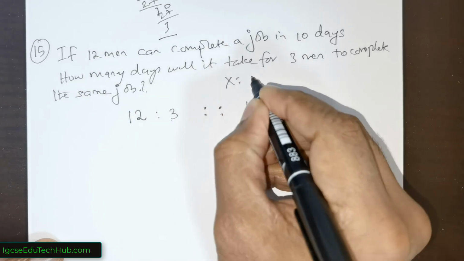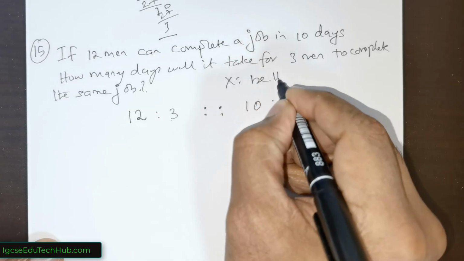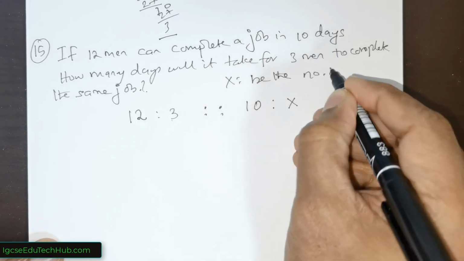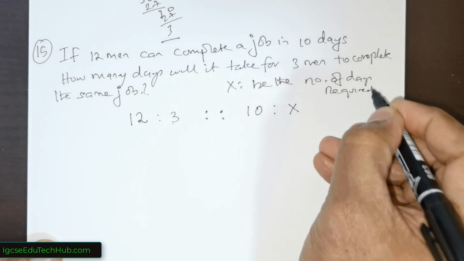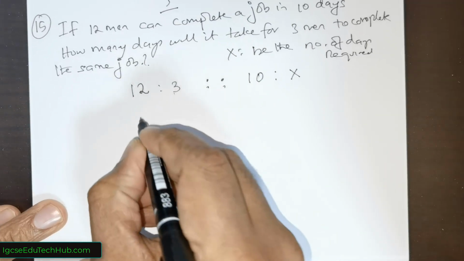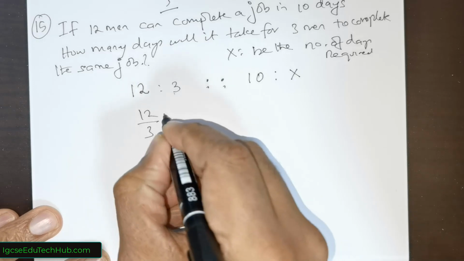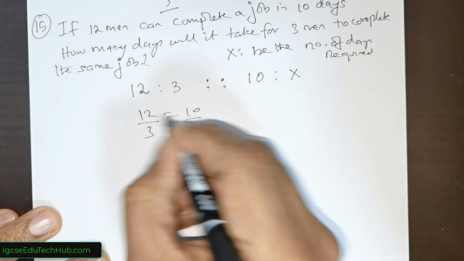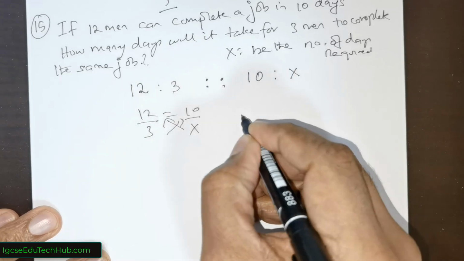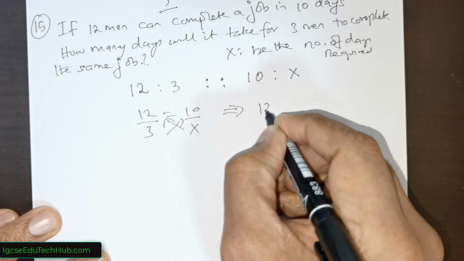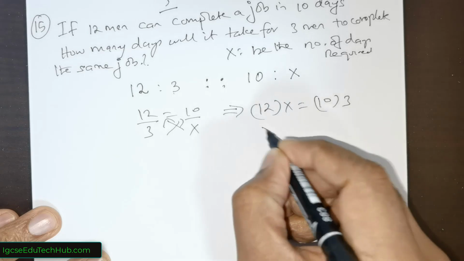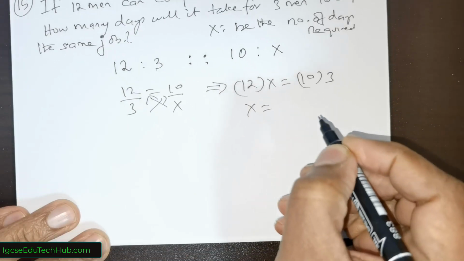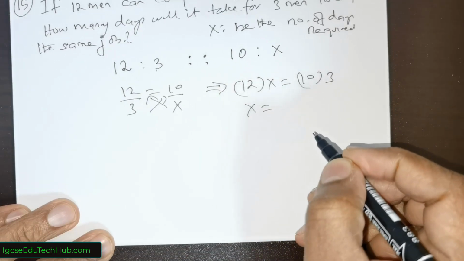So in this case, we are going to say X be the number of days required. So I'm going to set up the equation. It's going to be 12 over 3 is equal to 10 over X. You cross multiply. So this is going to give me 12 multiplied with X is equal to 10 into 3. So X is equal to,